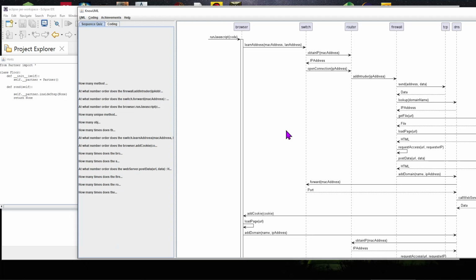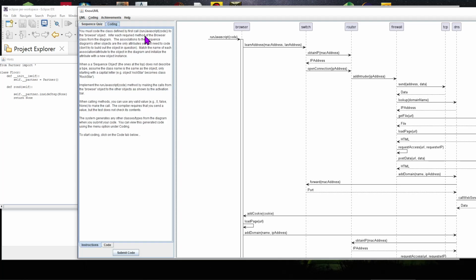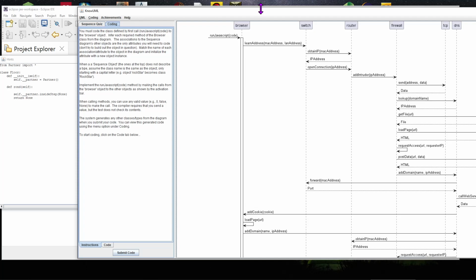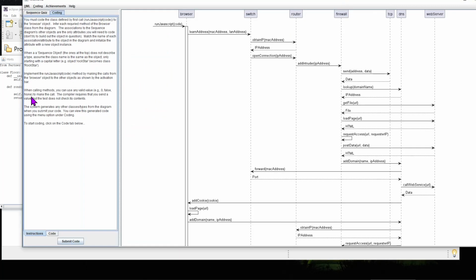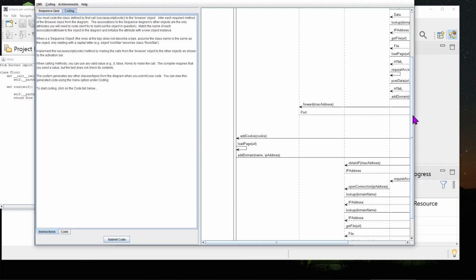Now, all I have to do, if I go read my instructions, is define the run JavaScript as part of the browser. That means I make this call and a bunch of stuff happens that I don't see. Then I make this call, load page, onto myself. And then I make this call down here to add domain. I made it too big here, so I need to move it over. And then I can scroll down here. So if you want to try a complicated one, you can have a few more calls in it this way. Not as complicated as the firewall one in this case, but you can see, as I said, these are randomly generated. They're just there to